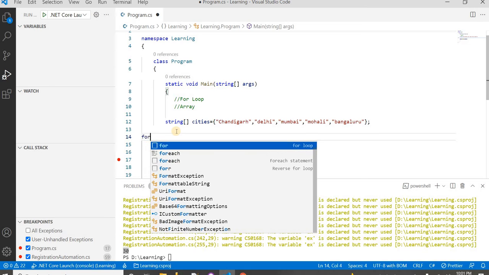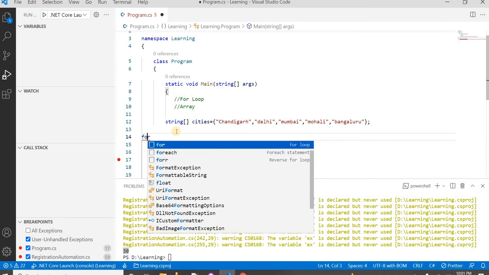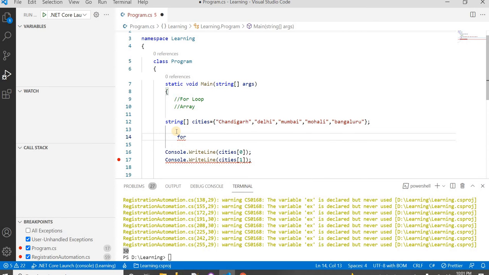For the for loop syntax, just type for and start the brackets, then define any variable. Let's say int i equal to 0. I'm defining one variable, its starting value is 0.